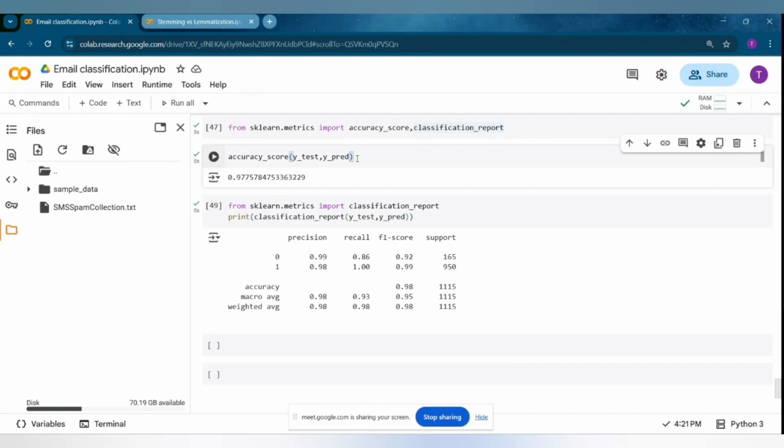Out of the 50 spam emails, 49 are classified as spam and maybe one email is considered not spam. So this is a very good performance of this model,